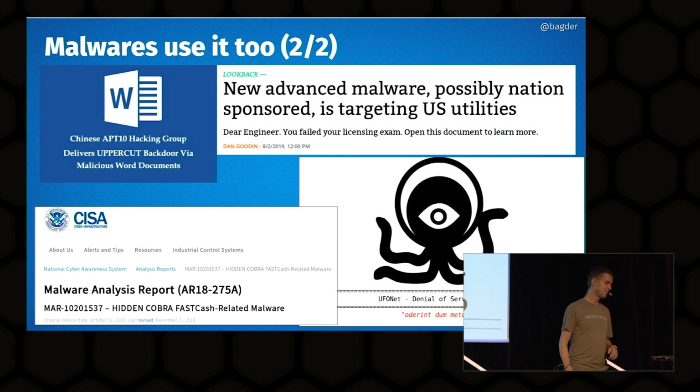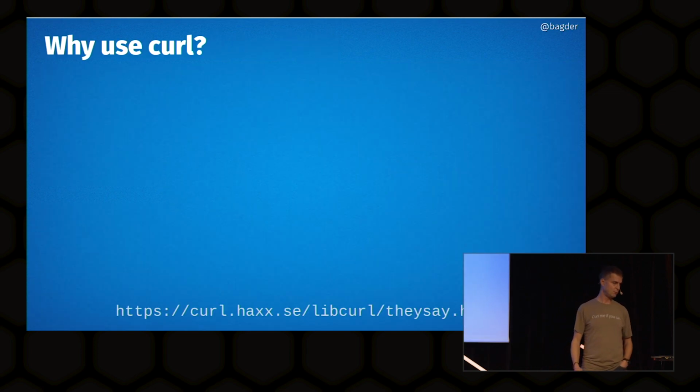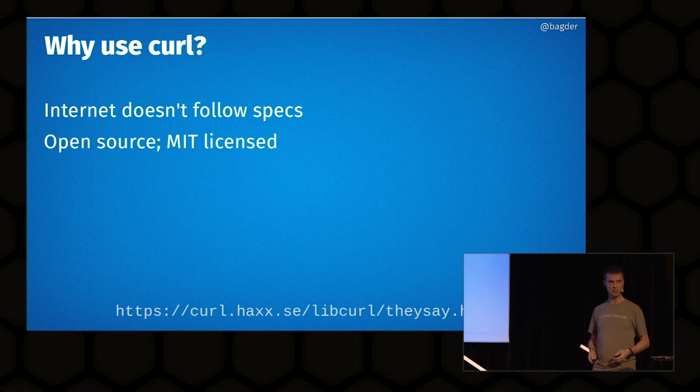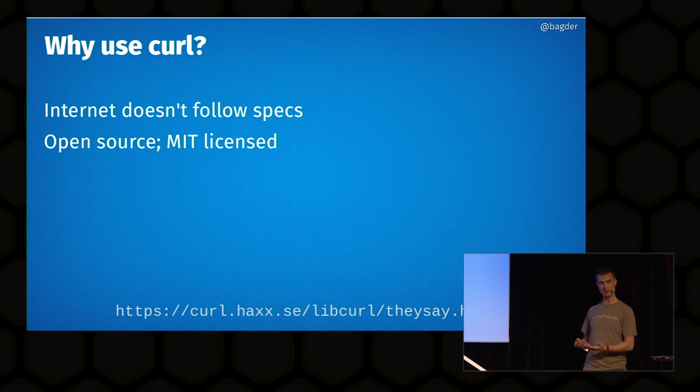But okay. So why do they use curl on all of these devices and malwares? Well, curl has been around for a long time. We've been polishing internet protocols for a long time. Internet protocols are in the RFCs, that's fine, but it doesn't really work like that on the internet, right? You have to polish off a lot of corners and you have to harden it over time. And we do that by having it open source. So everyone can participate. It's there everywhere.